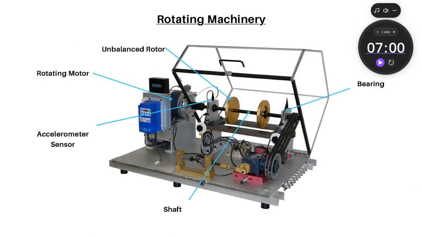The machine which we have selected for this project is a rotatory machine, any machine which produces rotatory motion. So this is the machine which we have selected. Here, this is the shaft which gets rotated. This is the motor which is rotating this shaft, and in the shaft we have rotors, like discs. This is the disc which is used to produce the imbalance in this